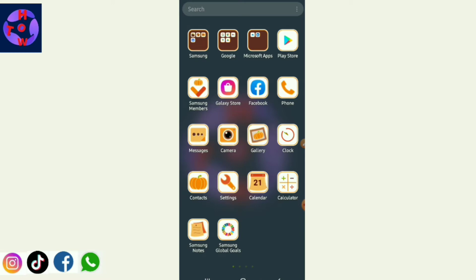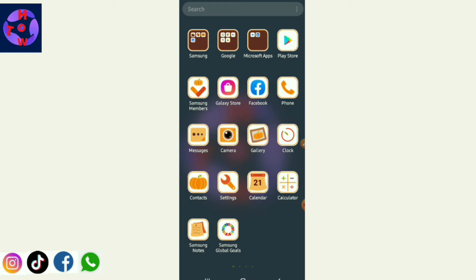Now to the tutorial. I know many of you have experienced this problem where when you try to open a certain app on your phone, sometimes many apps display that it is not responding. This is what I'm calling crashing of some of the apps. Now to solve this issue, to fix this problem of apps crashing on your phone,